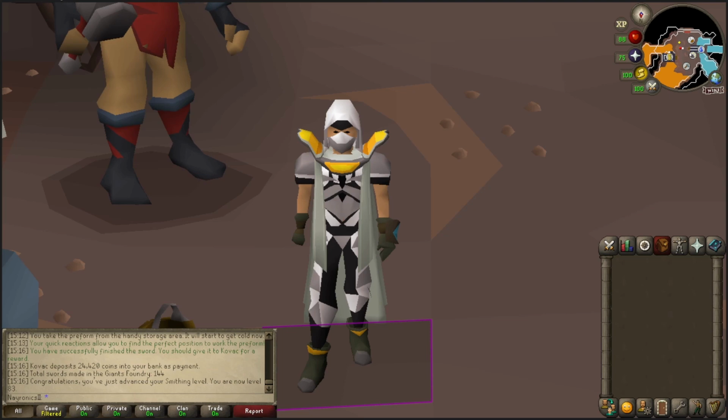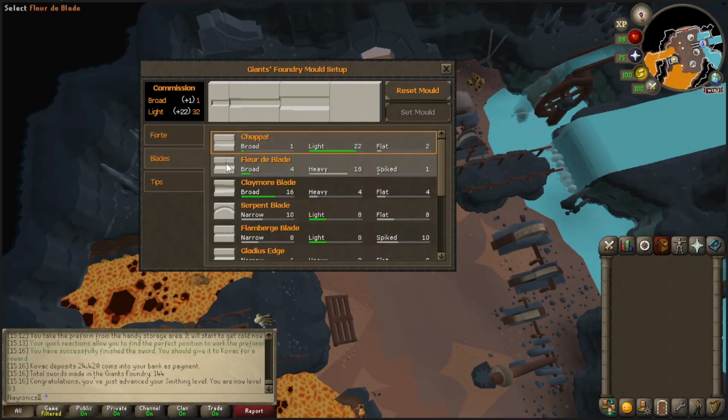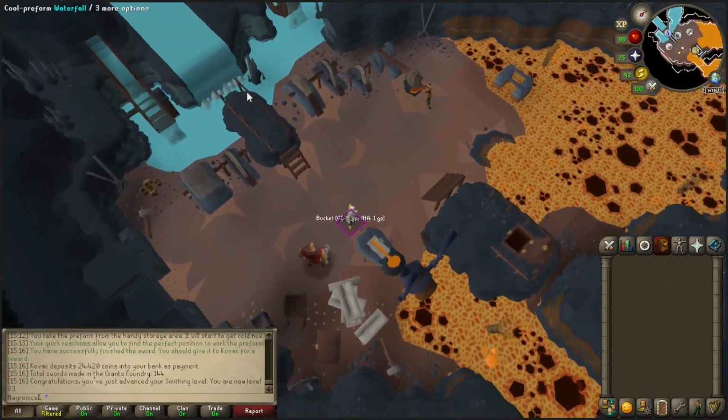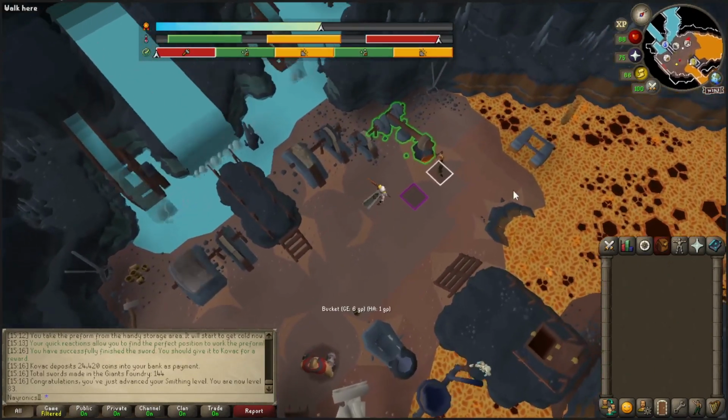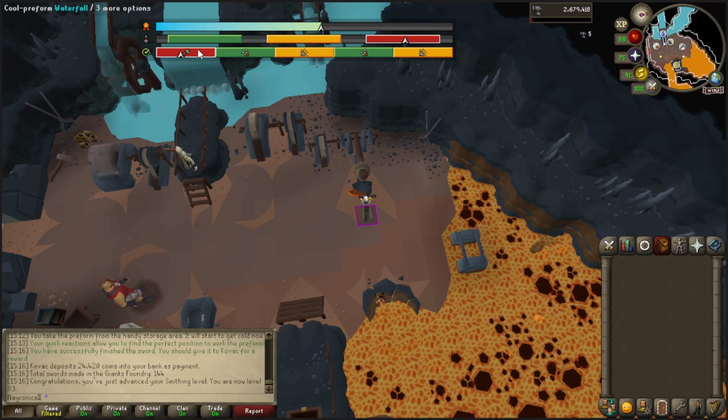Jagex really did knock it out of the park with Giant's Foundry. In between swords, it's just a quick reset of the molds, dump in the bars, and then we're right back into the minigame process. And while yes, it doesn't feel as good to only get the large XP drops at the end of the sword just like Guardians of the Rift did, at least psychologically this minigame is very appealing